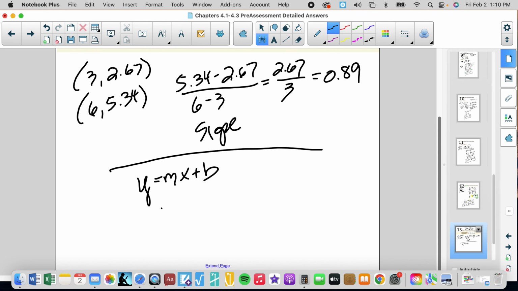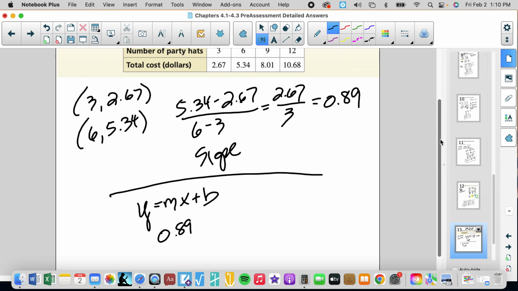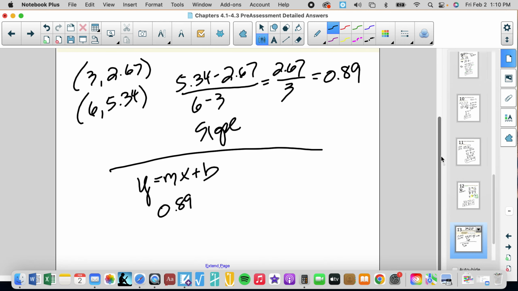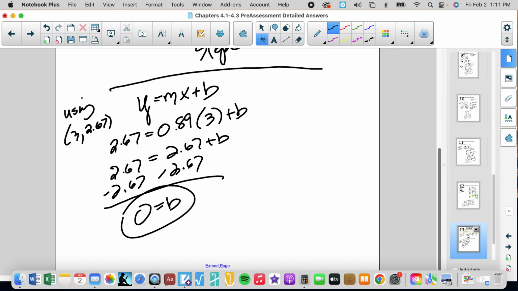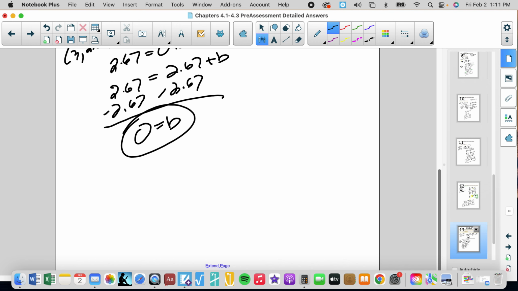I know what my slope is, 0.89. And let's pick an x and a y. I'm going to pick my first point using (3, 2.67). So 2.67 equals my slope times 3 plus b. And we get 2.67 equals 2.67 plus b, minus 2.67, minus 2.67. I was correct, but I feel 100% certain because I did the work. So the equation for this is y equals